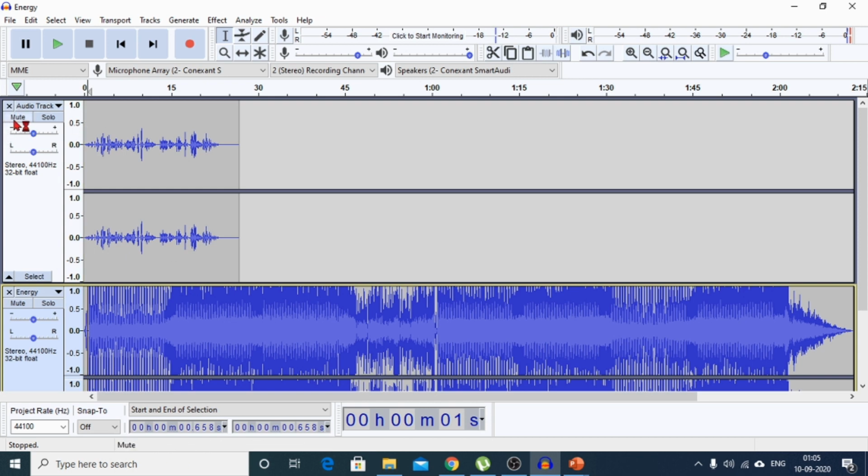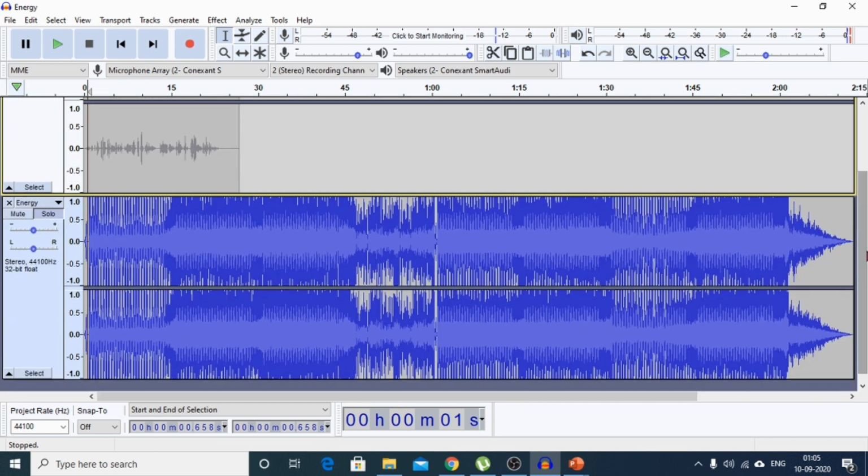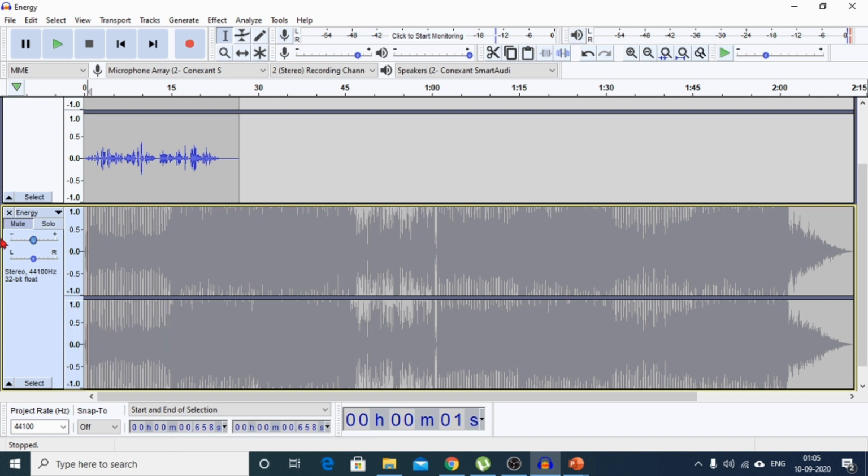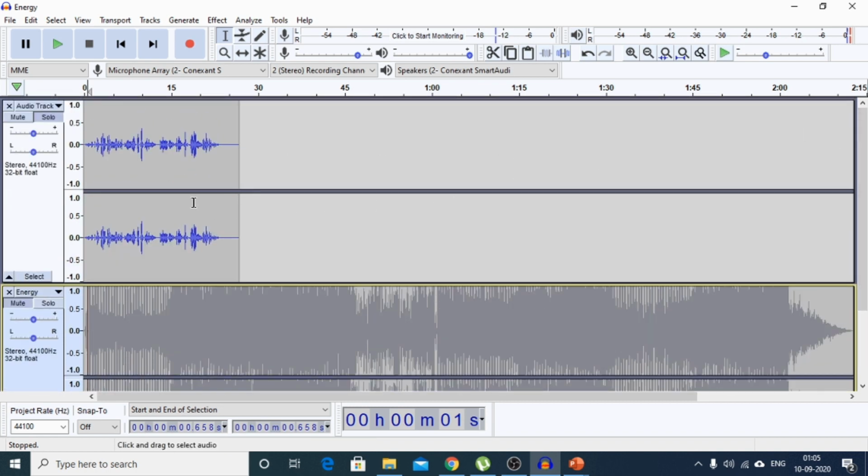If I click on mute on this part, this particular track will get muted, and you can edit the second track without having any disturbance from the previous track. And suppose you want to mute this particular track, so click on mute from here, and then the second track will be silent, and you can go for editing with the first track without any disturbance.